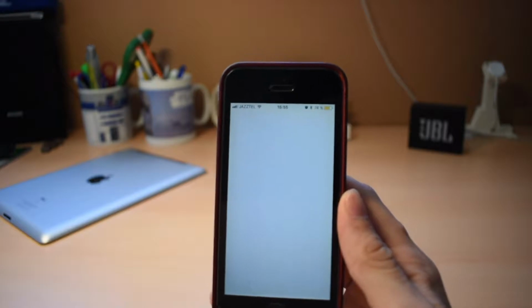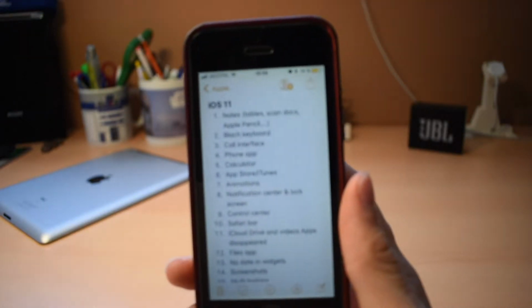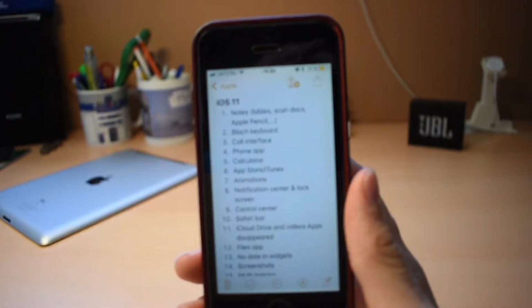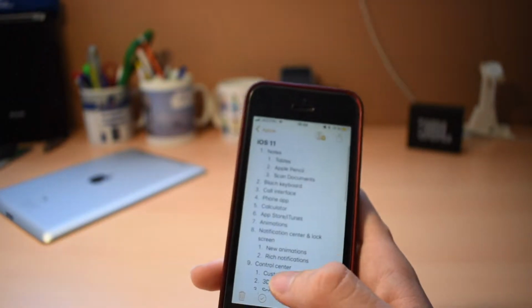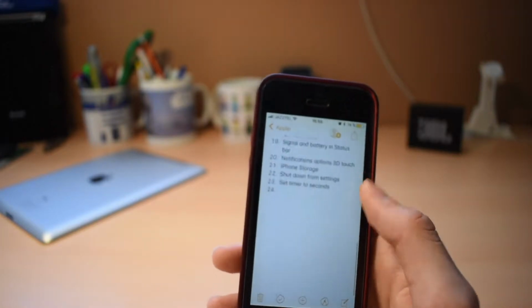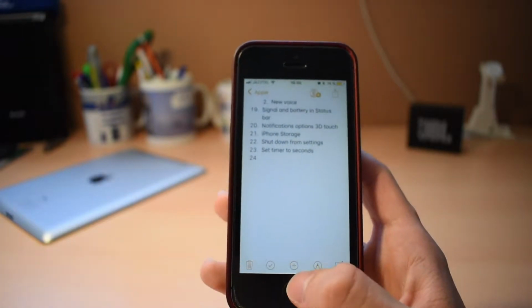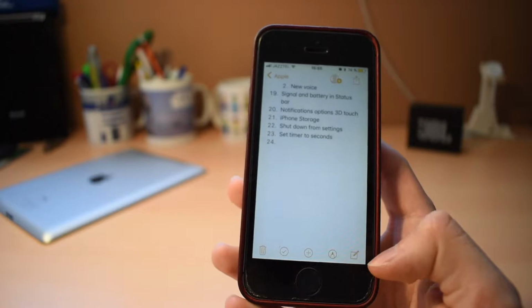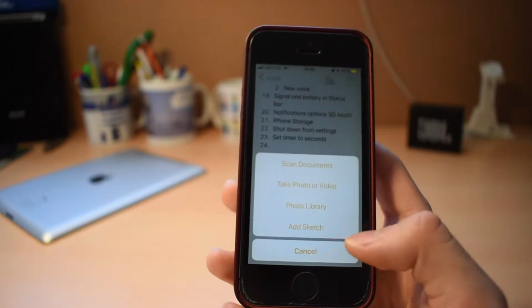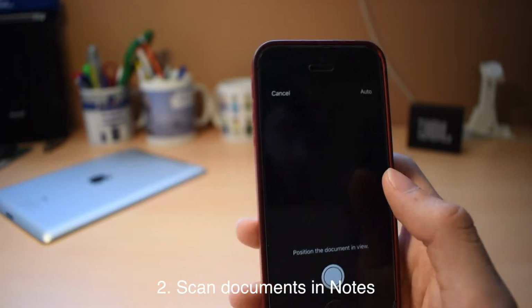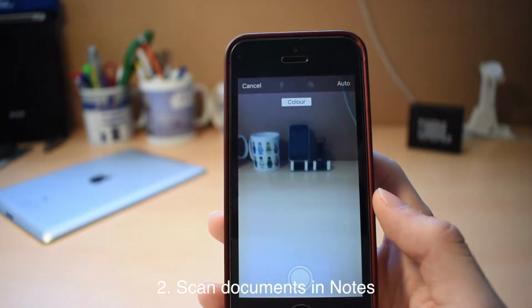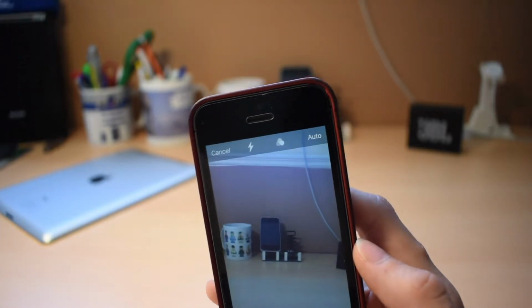Leave this aside for the moment. And here what we have is the list of features I'm going to show you today. The beta is pretty laggy, especially in the iPhone 5s, but it's a developer beta, so it's normal. So first what we can do here is scan document, and this thing is killer. I mean, this thing's great, because if I take any piece of paper here,